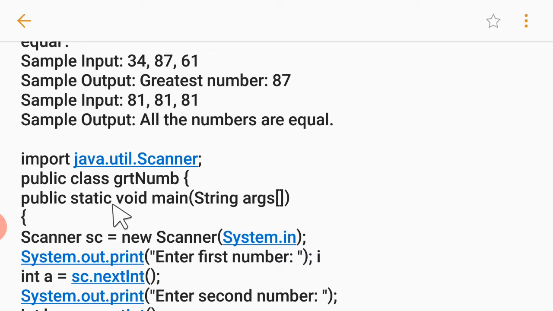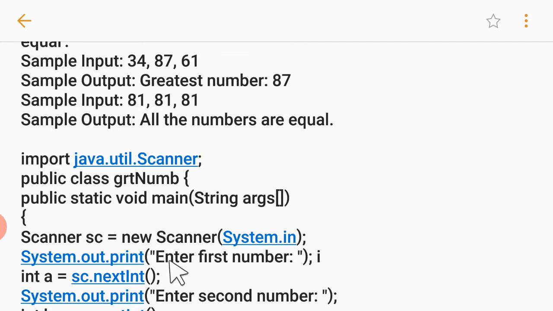After that students, we have to write the logic of the program. So logic is always written in the main function or any function, but function is required for that. Here I have chosen the main function. So whenever students you write the main function, please always write it in the proper format, that is public static void main, and after that String args square bracket. Alright students, if you do not understand any of these fundamental concepts of Java or writing Java code, then you better watch my previous videos. It's a very important thing.